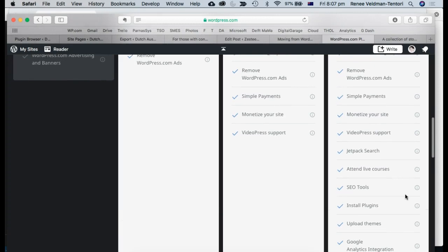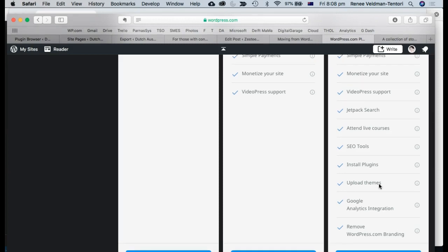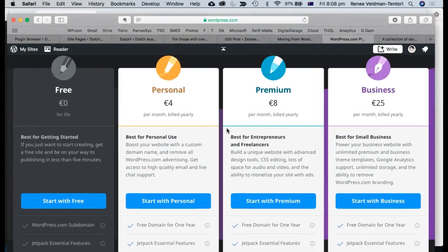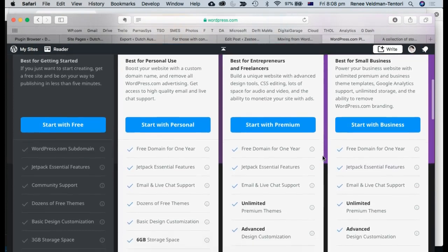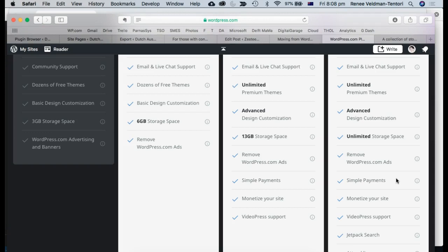So the only real thing I would be paying a lot of additional money for is to be able to upload themes. And I have what's called Divi, a custom theme at the moment, which I had on all my previous websites. But WordPress.com has made leaps and bounds in the last few years on the themes that they offer. So if you're willing to spend a bit of time looking through the themes that are actually available over here on the premium or the personal, then you don't really need the business plan if you're a basic business like